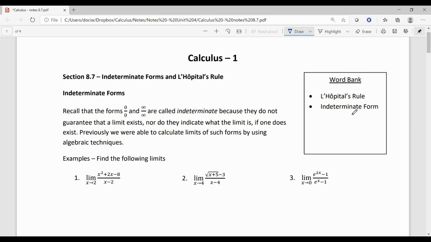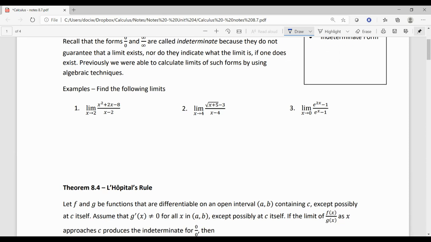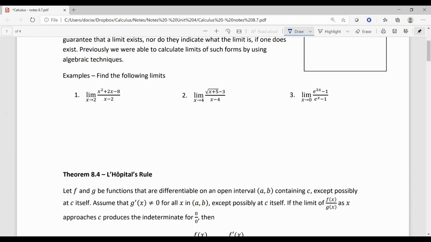Okay, so an indeterminate form is a form from which we can determine nothing. For example, in the past, if you recall, if we were doing a limit and we got 0 over 0 or infinity over infinity, we said that those were indeterminate because you could not determine anything from 0 over 0. Okay, so for example, in number 1, where it says find the following limits,